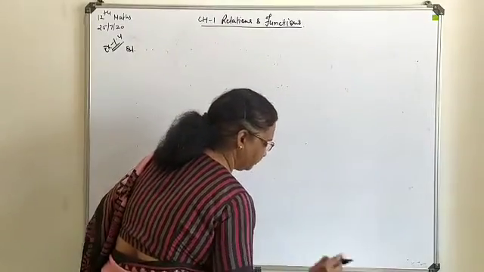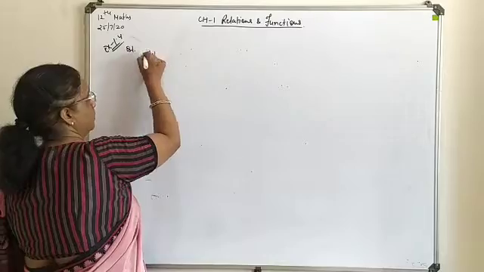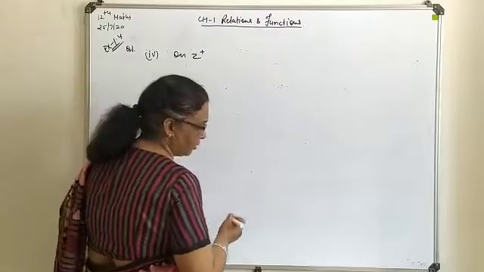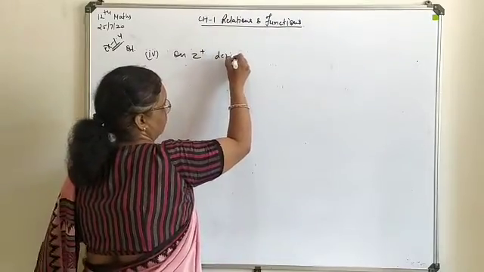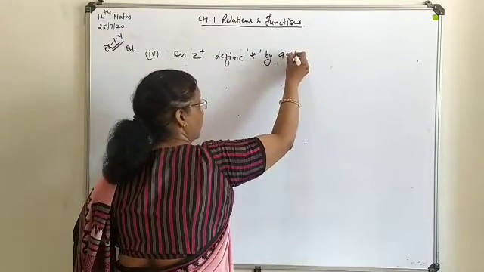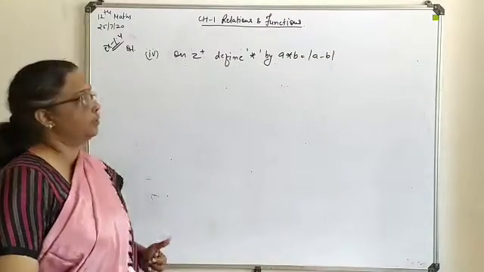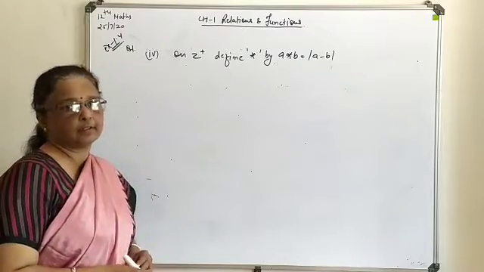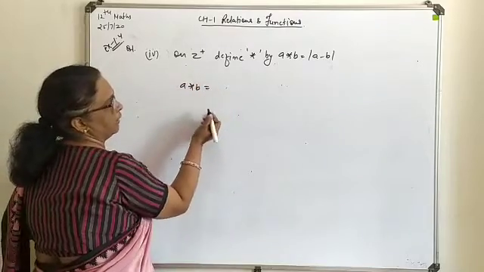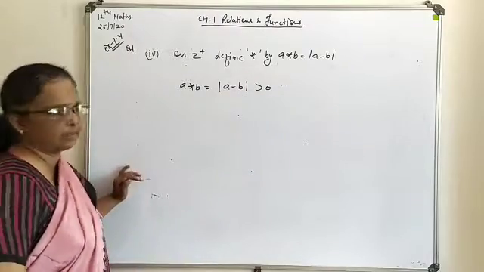Now here, as your question is available, this is the fourth part of the same. Here again on z plus, one operation is defined as a binary on b is modulus of a minus b. Now here you are dealing with a modulus, so obviously all the solutions you will get are in positive form. So for a operate on b, any value you can pick up, obviously modulus of a minus b you will get a positive quantity, that means greater than 0.